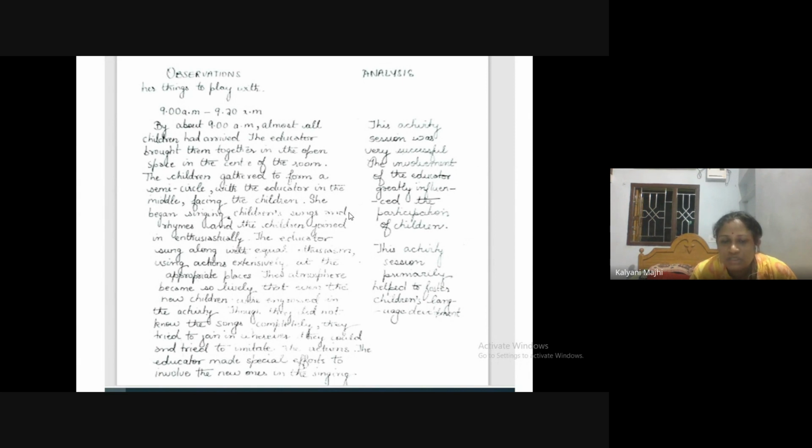So you have observed that whenever the educator began singing a rhyme, all the children very enthusiastically repeat the song with the educator, singing along with equal enthusiasm, using actions extensively at the appropriate places. The atmosphere becomes